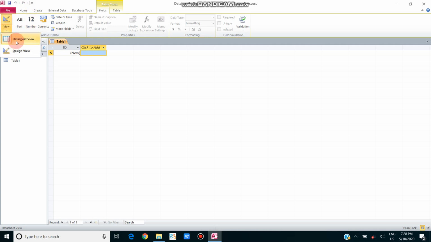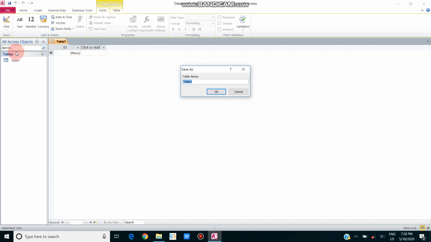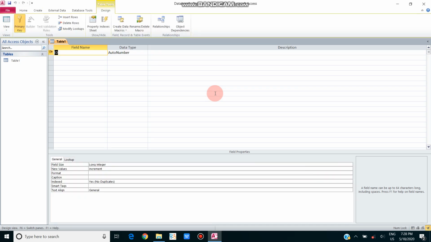There are two views, datasheet view and design view. First we will click on the design view. Design means designing the table. So it is Table 1. I had designed it, and you can design your own table by yourself.